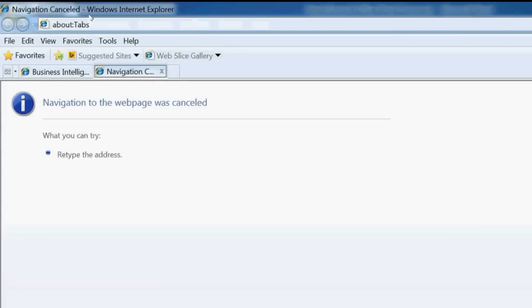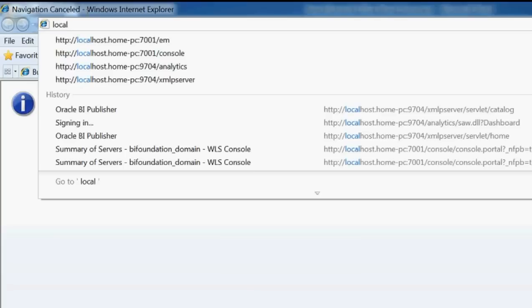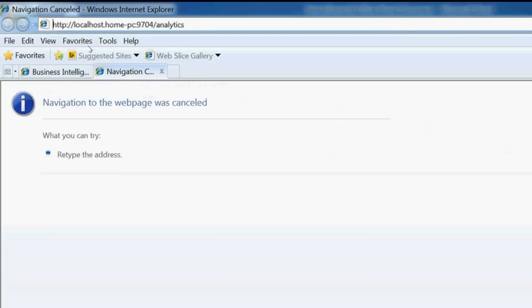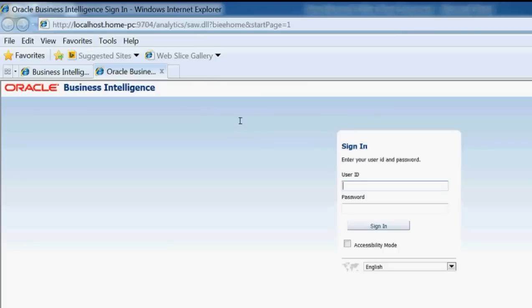Just go with analytics. Now I am giving user ID and password.